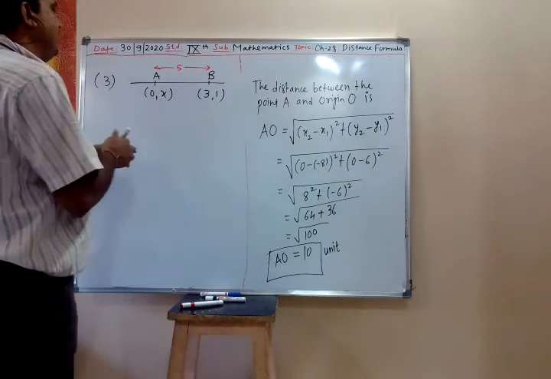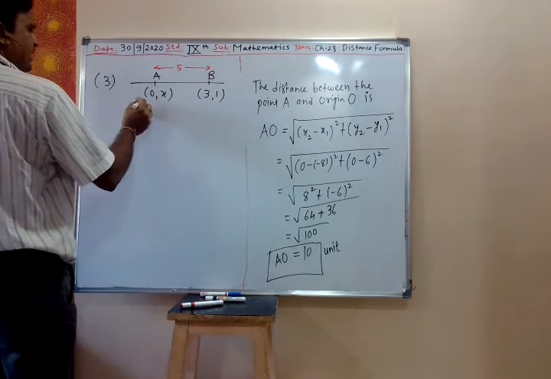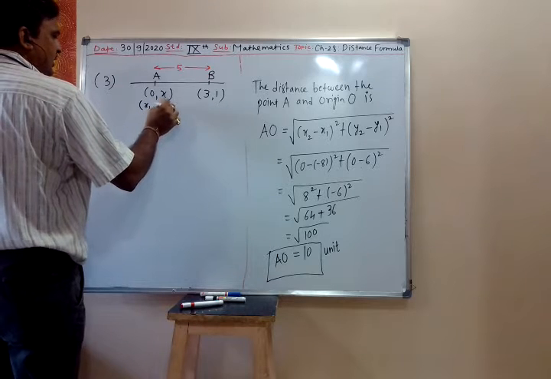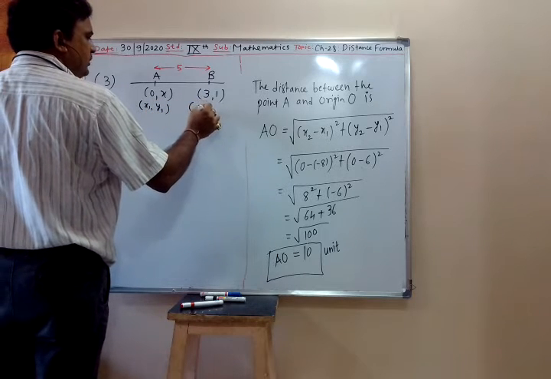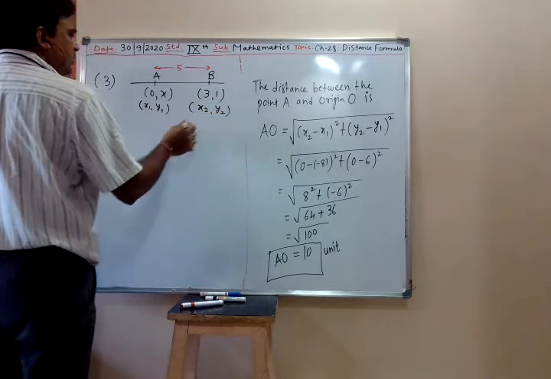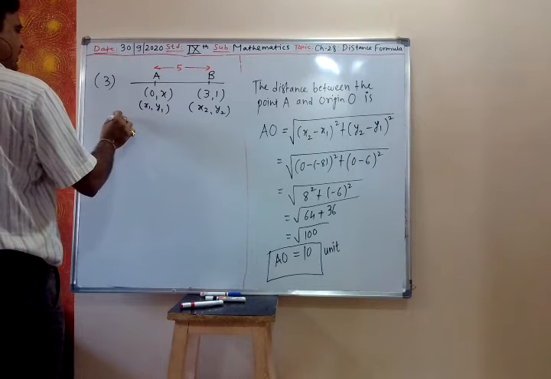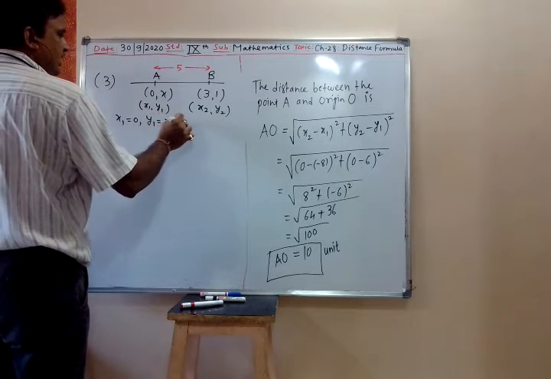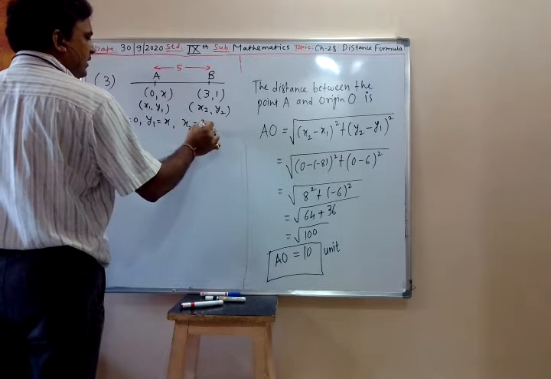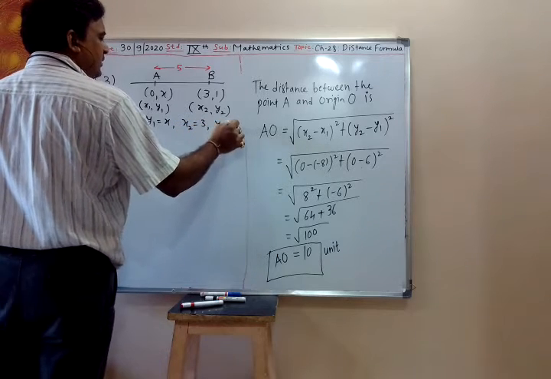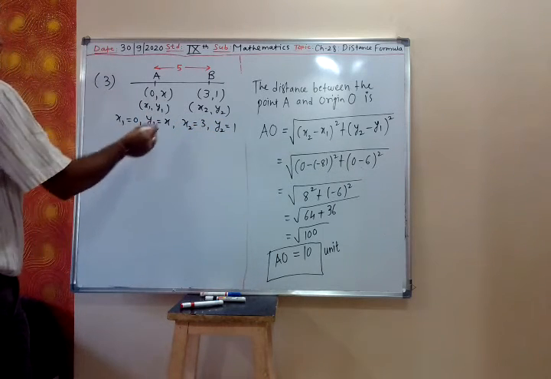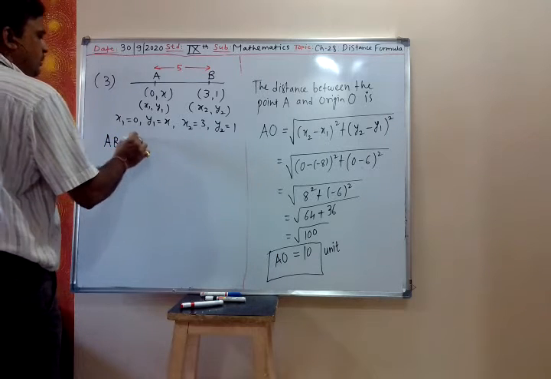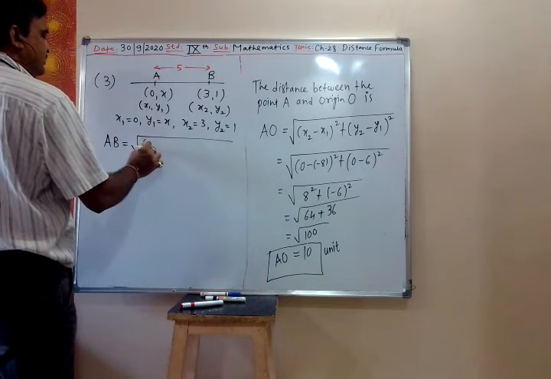What is this x we have to find? Now this you can take as x1, y1, and this you can take x2, y2. So you will get x1 is 0, y1 is x, x2 is 3, and y2 is 1. So we use the distance formula, that is AB is square root of x2 minus x1 square